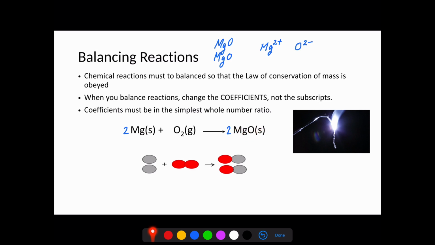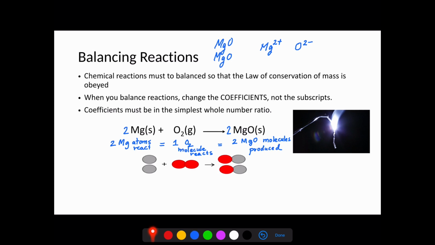So you can write: two Mg atoms react with one oxygen molecule to produce two MgO molecules are produced,